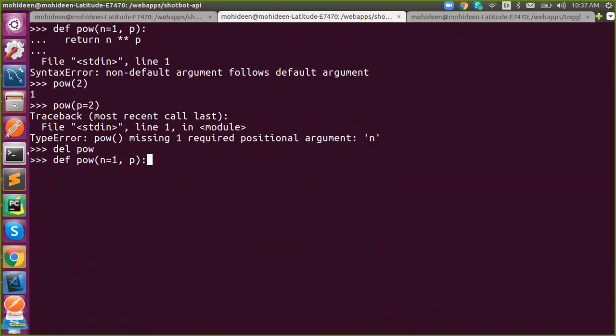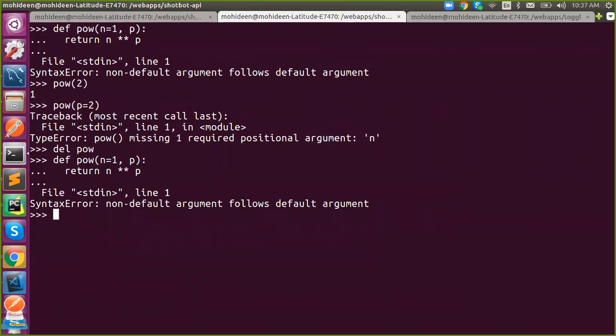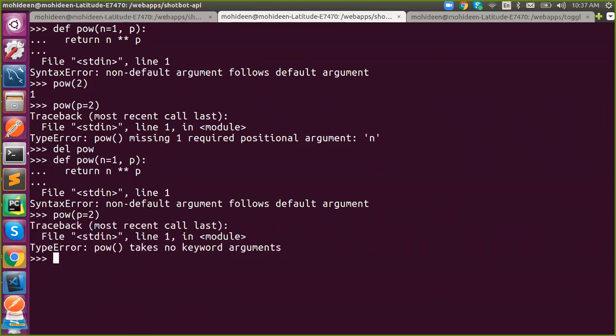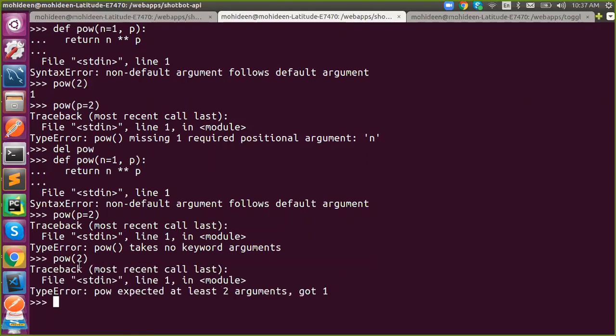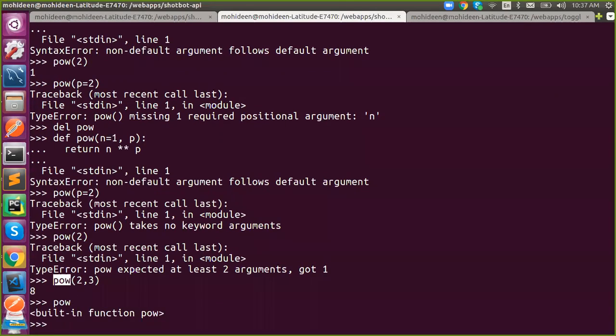So I will delete the power once again if you're confused. Now see, whenever it says syntax error, now maybe type error, because there is a built-in function called pow. No keyword argument, something like that. Now it requires two inputs. So it's more on default a built-in function. Got it? It's a built-in function. Understand? Any doubts in this?